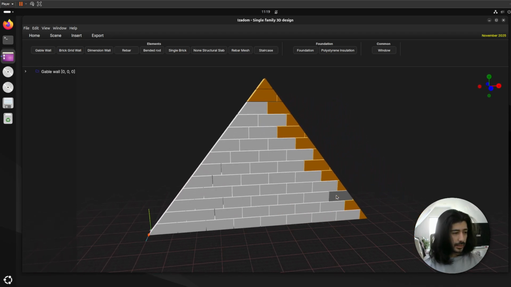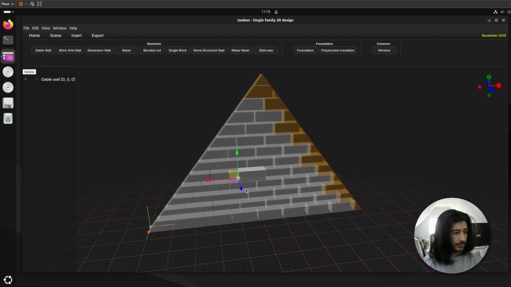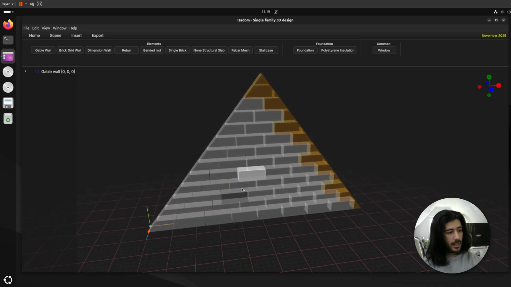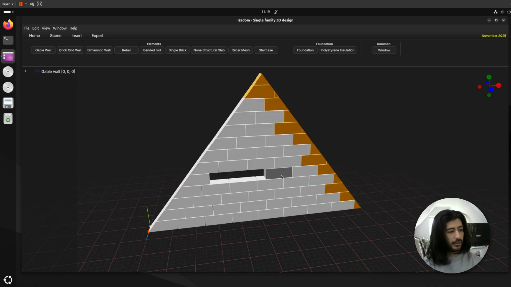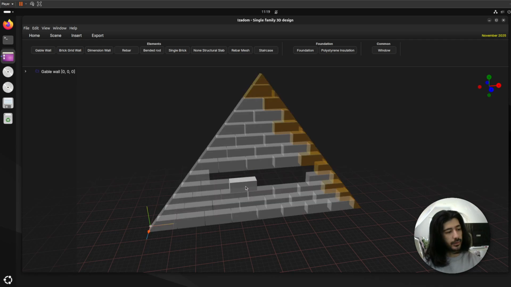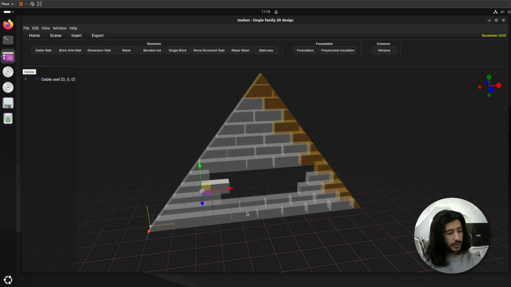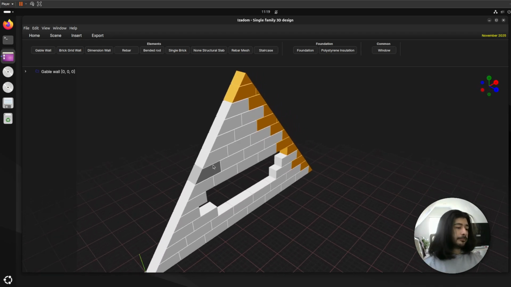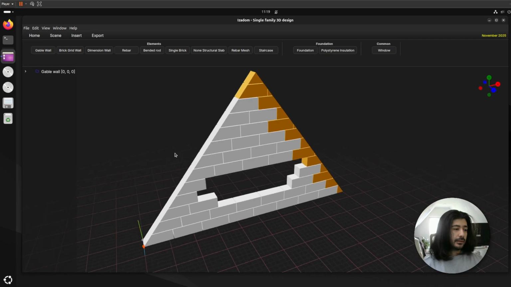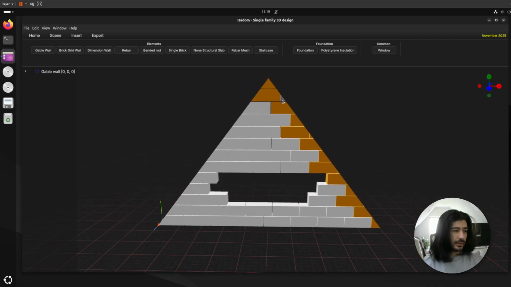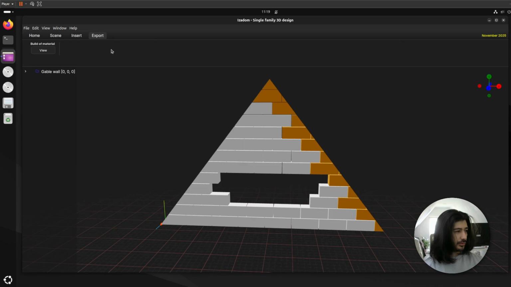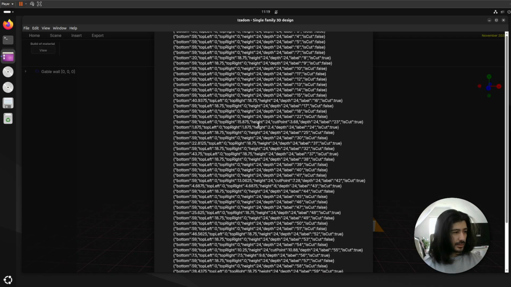And of course I can move it or select a particular element and say, I don't want this. And over time I can replace it with another kind of reinforcement and put a window, for example, here. Yeah, so you see this solves a lot of problems, calculates exact angles, and then if I go to the export, I can see those kind of